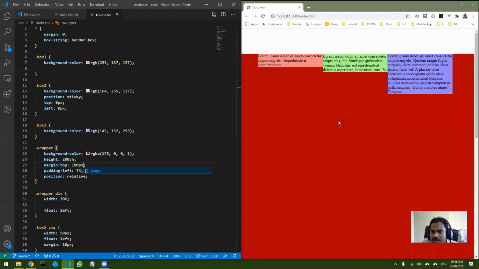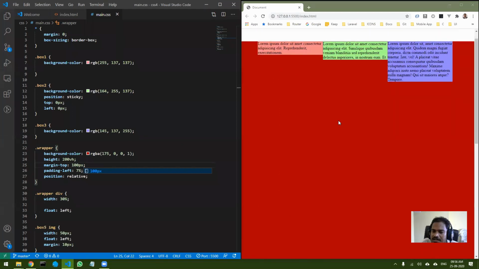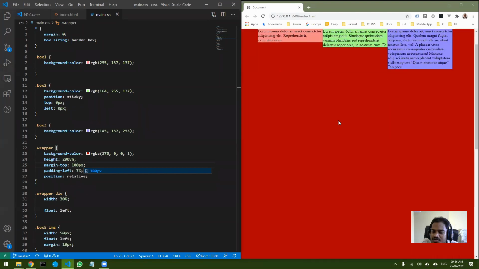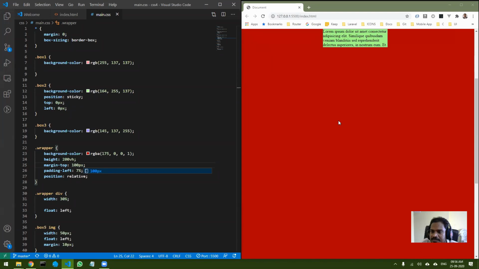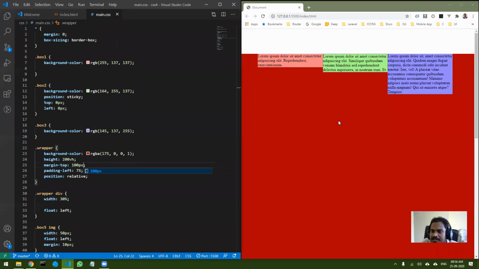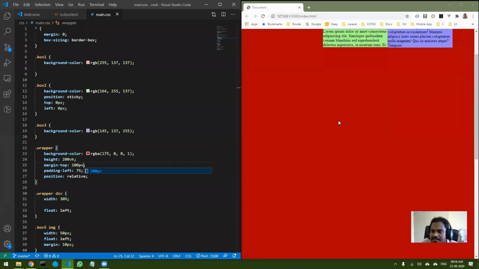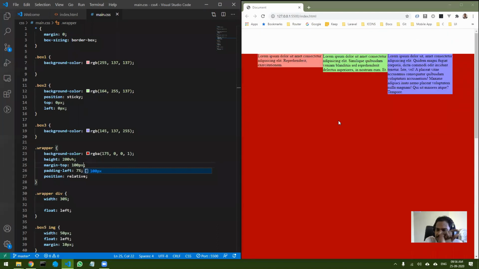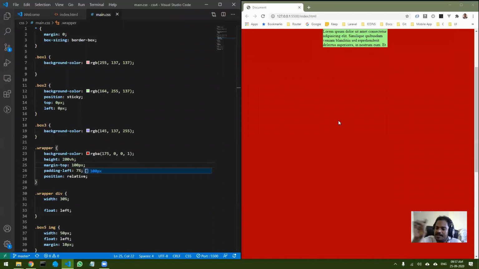When I scroll, it is scrolling as if there is nothing, right? So it is scrolling like a normal div only. But as soon as I scroll even further, you can see the difference. You must have seen this in many websites where you have a menu bar which looks like a normal menu bar, but when you scroll, the menu bar goes to the top and sticks over there.